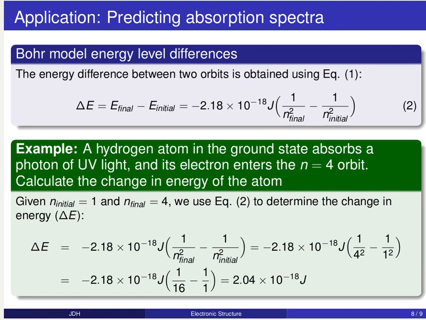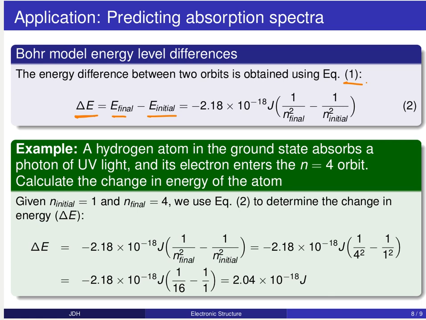So let's examine that process from a quantitative perspective. Bohr's model gives us the energy of any given state, and we can then use that to determine the change in energy, delta E, corresponding to a transition between any two different states. For the sake of simplicity, we'll just call the final state, wherever that electron ends up, E final, and the initial state, wherever that electron started out, E initial. So this delta E, final minus initial, is going to be given by equation number 1 on the previous slide,